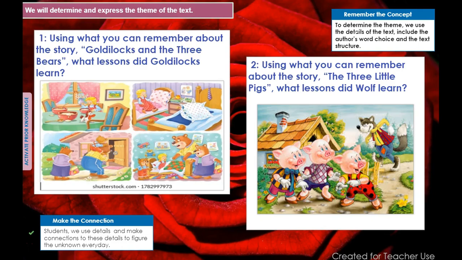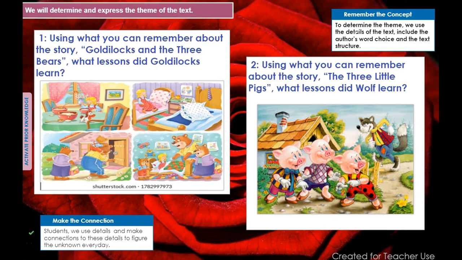All right. Thank you so much for attempting to figure out what these characters learned. Okay, now let's look at Goldilocks. In case you guys don't remember, Goldilocks was a little girl that was just walking through the forest, and she just happened to stumble upon this house, and the door was unlocked, and she let herself in, and she went into the house, and she was like, hey, I see this food here. Let me eat this food. Wait a minute. This porridge is too hot. This porridge is too cold. This porridge is just right.